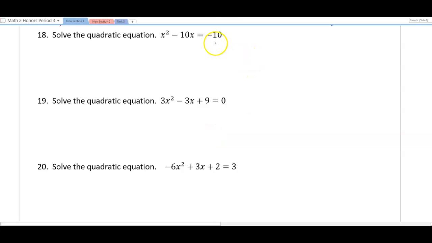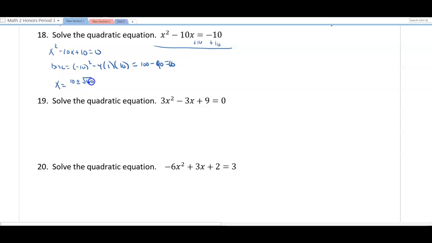Number 18, first thing I'm going to do is set it equal to 0. Add 10. I end up with x squared minus 10x plus 10 equals 0. Right away here, if I go to use quadratic formula, because it's not factorable, I can complete the square if I want. It's actually probably easier, but a lot of you are probably going to resort to quadratic formula. So if I find the discriminant, negative 10 squared minus 4 times 1 times 10, it's going to give me 100 minus 40, which is 60. Whoops. Now, x equals, the opposite of negative 10 is 10, plus or minus the square root of 60, all